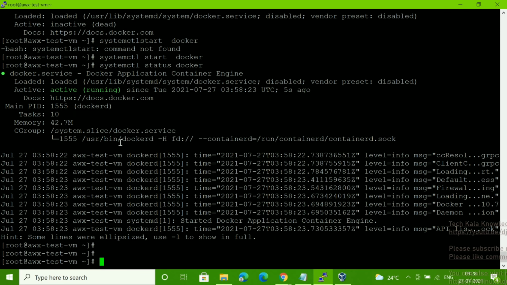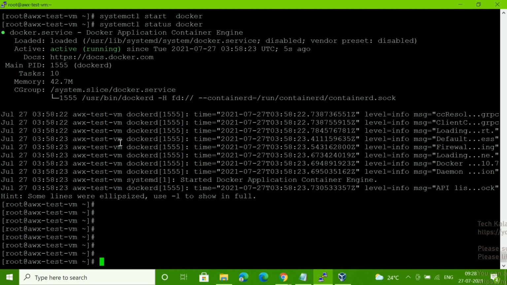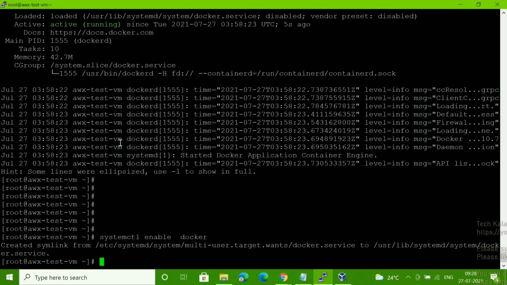Now what we have to do, we have to enable the service, because once we reboot the system, automatically it will start. Okay, so you can see it's created the soft link. It means if you reboot this system now, the run level is set, so automatically it will start the Docker service. No need to go and start it manually.